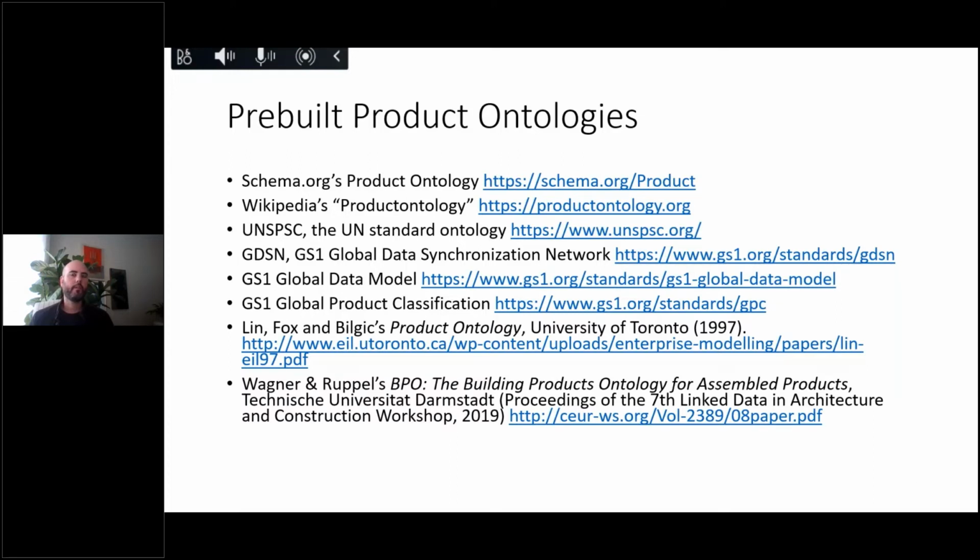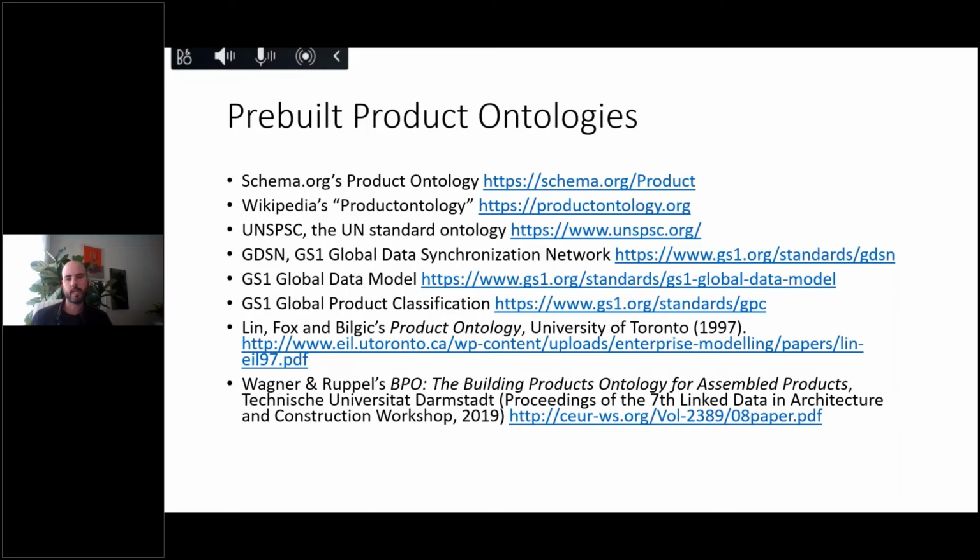Now, when you're constructing your own knowledge graph, a lot of times it's going to make sense to reuse an existing ontology. And there are a lot out there. Depending on the domain of knowledge you're in and the use and the requirements of the knowledge graph, some of these pre-built ontologies may work great for you. You can see there are different organizations that build ontologies. Wikipedia has one, schema.org has one, the United Nations has a product ontology,